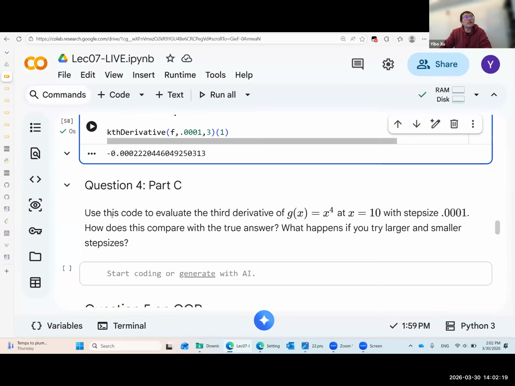So yeah, for question four, make sure to think about the way to systematically give outputs. The thing here is that I have g of x equal to x to the 4, with x equal to 10, and the step size delta x is 0.0001. But then